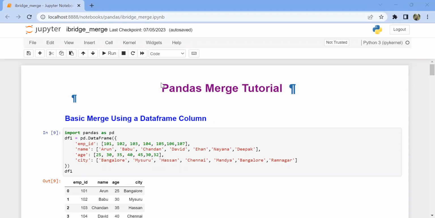Hi, everyone. In this session, we'll be talking about Pandas merge. Pandas merge is very similar to SQL join. How SQL join works, Pandas merge will also work. What is the benefit? What is the use case of merge? If you want to display the data depending on two data frames, then you have to go for merge operations